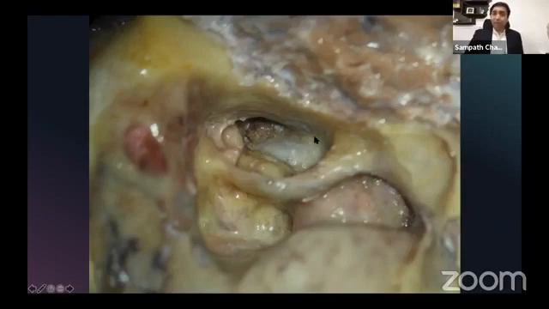Carotid is in the petrous bone. So this is all petrous. I prefer identifying the carotid in the area where it is the safest, that is in the hypotympanic area. So I identify this, and then I go here, and once I delineate the space between the carotid and the cochlea, I go medial to the cochlea and create space here also, making sure that the apical turn and middle turn of the cochlea are not damaged. And then you can go all around the carotid. You can transpose the carotid, and I've done that in several cases. Now, if you want to do all that playing around the carotid, then you have to remove this entire tympanic bone. You cannot mess around with the carotid like this.